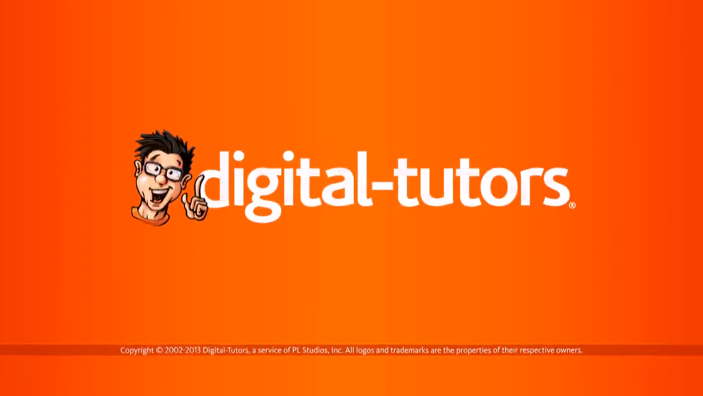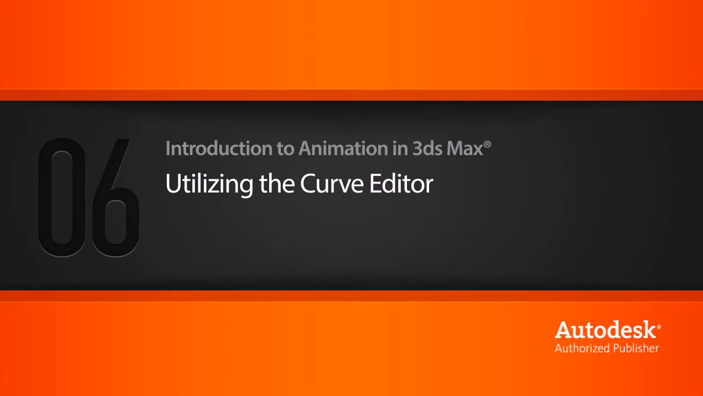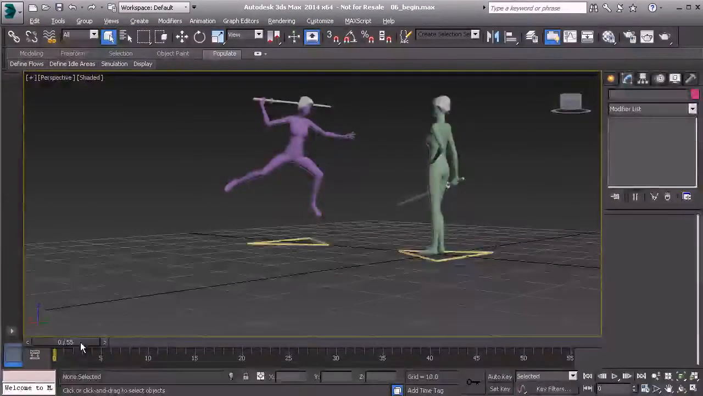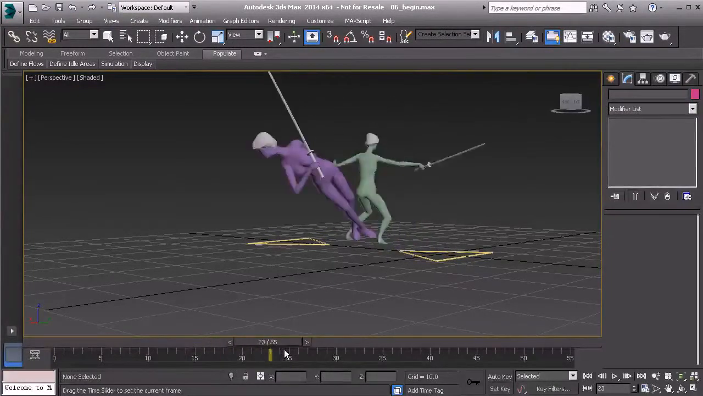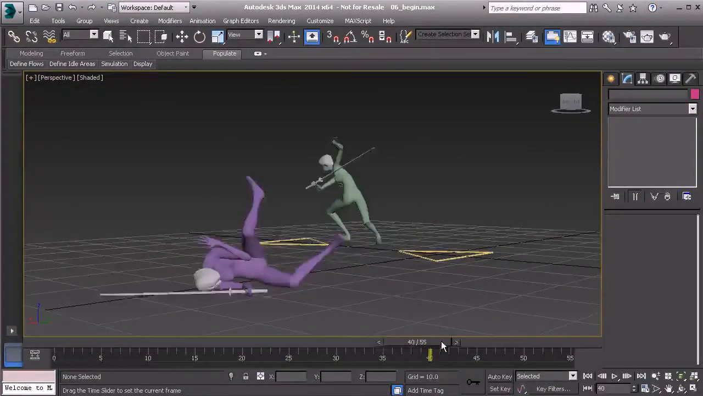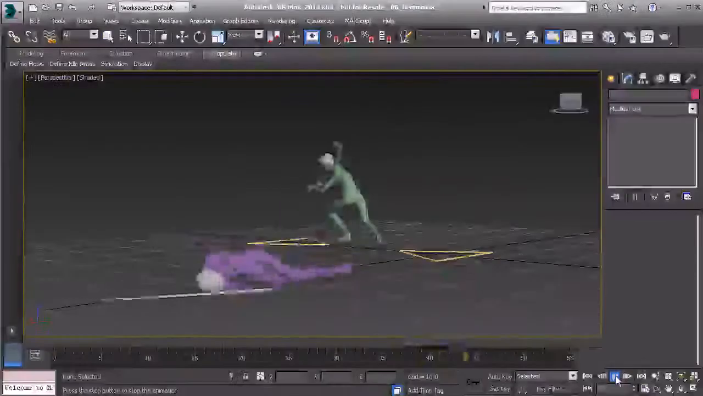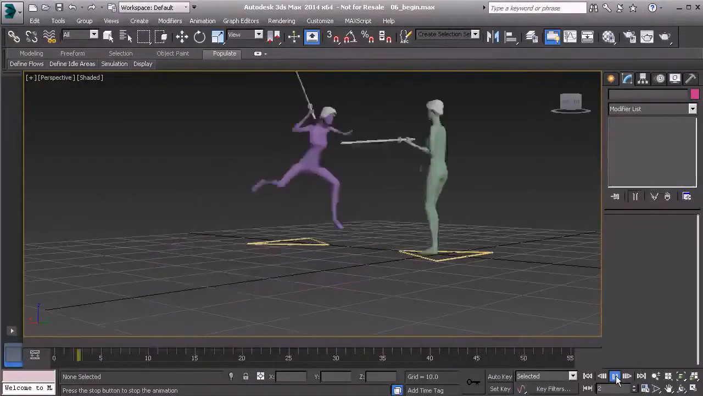In this lesson, we'll learn how to work inside of 3ds Max's Curve Editor. The Curve Editor is going to be one of your most important animation tools. The reason why is because it gives us full control over our timing and the overall look of our animation. So we can use it to add weight, to add follow-through, to make sure that the principles of animation exist